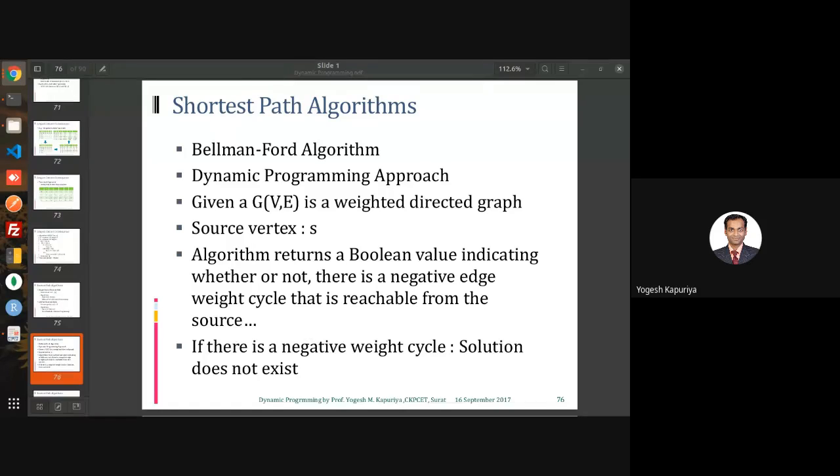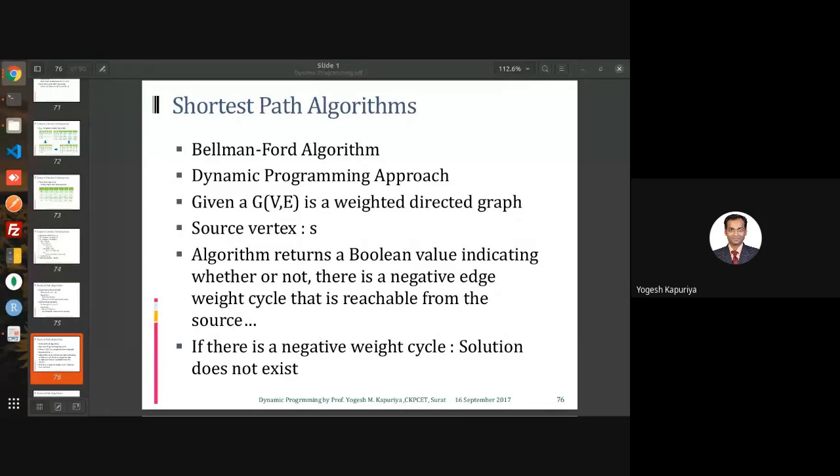Okay, so we have been discussing shortest path algorithms, and as we have discussed in the greedy, there are different versions of it: single source shortest path, single destination shortest path. Single source shortest path means you are interested in finding out the shortest distance for all the vertices from a single vertex, which is a source vertex. Then there is single destination shortest path, in which you are interested in finding out the shortest path from all the vertices to a single vertex. So that means it's a reverse case of what we have discussed earlier.